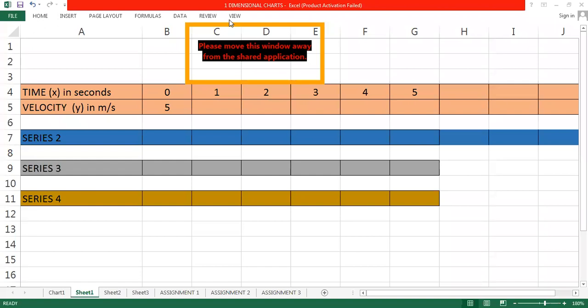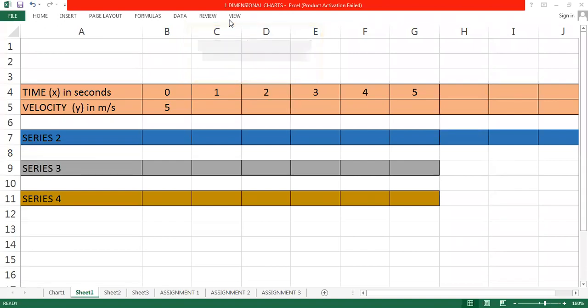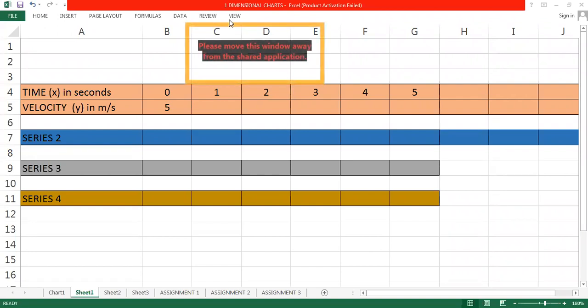What is the meaning of the word uniform velocity? Uniform velocity means constant velocity. The velocity will not change. Yes or no? When we say uniform velocity, the velocity of that moving object remains the same. So here the object is moving with a uniform velocity of 5 meters per second. So after 1 second, will the velocity become 10? And if it becomes 10, do you think it is a uniform velocity then?